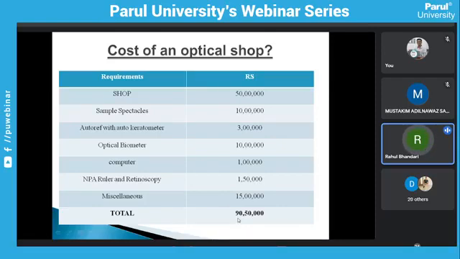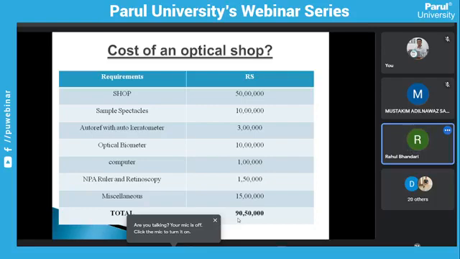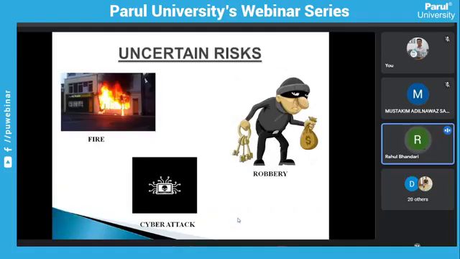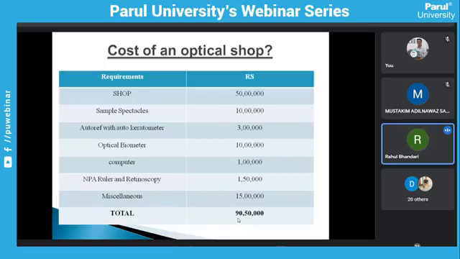Now, talking about general insurance. If I start a business and I'm paying around 90 lakh rupees for an optical shop, there are uncertain things that can happen. Number one, fire. Number two, robbery. Number three, cyber attack, which is the most unique thing that has taken place and will take place in the coming future. And natural calamities like a big earthquake can also take place. In those scenarios, you have invested your hard-earned money, or you have taken a loan of 90 lakh rupees to start a business,